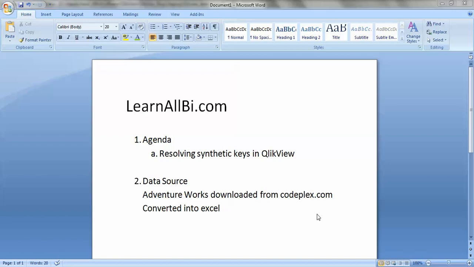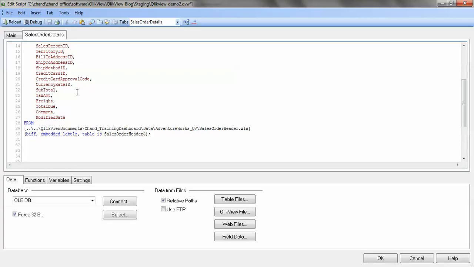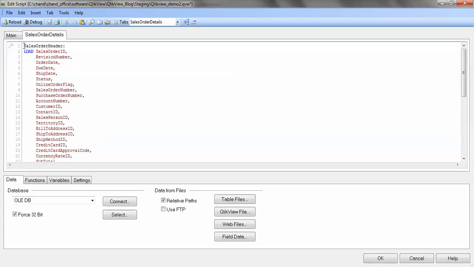Hi, in this exercise I want to show you how to resolve synthetic keys in QlikView. For this I will go to my QlikView desktop. I will go to script editor. In my earlier exercise I have already connected to one table, one Excel sheet called sales order header, and